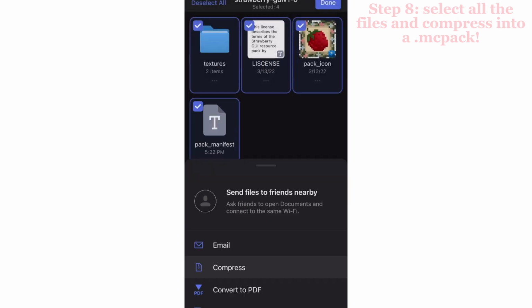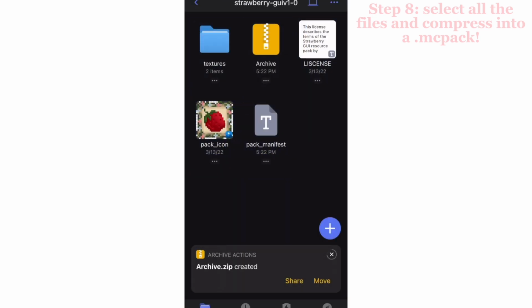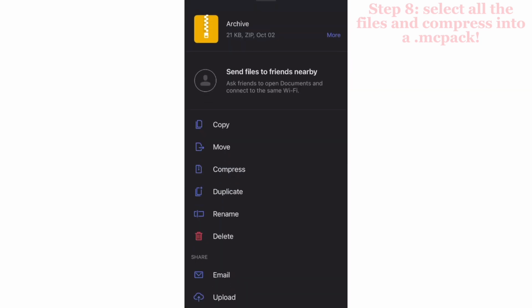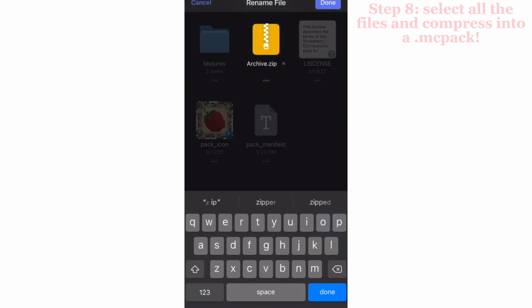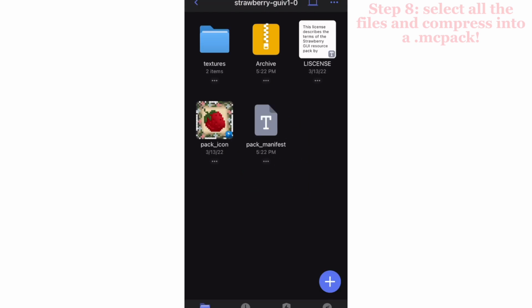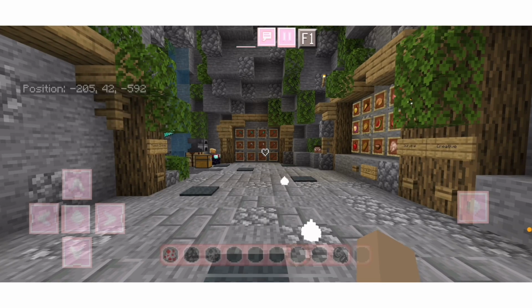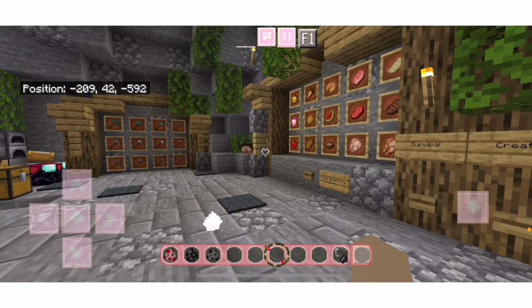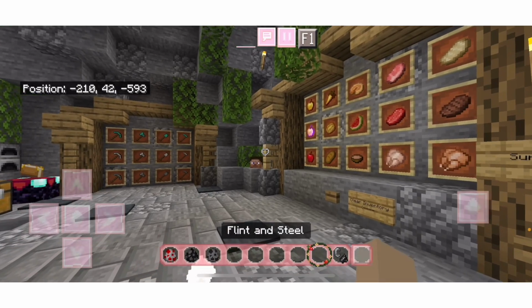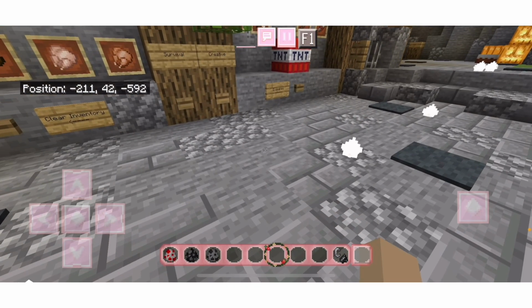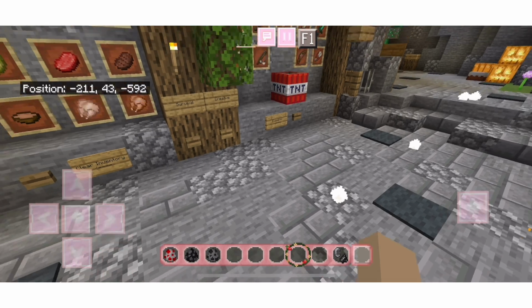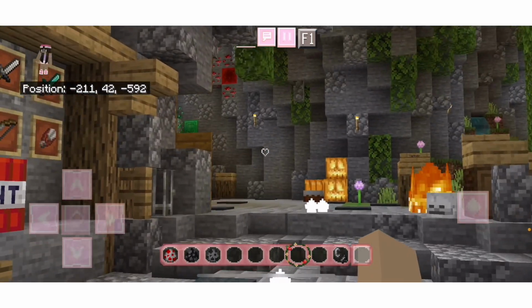So here we're going to select all of those files and make them into an archive. You're going to rename that archive into .mcpack. I know that was a lot, guys, but we have reached the end. And when you open it in Minecraft, everything should be good. If I was reading along too much, pay attention to the steps. It's really visual, honestly, and this can work for